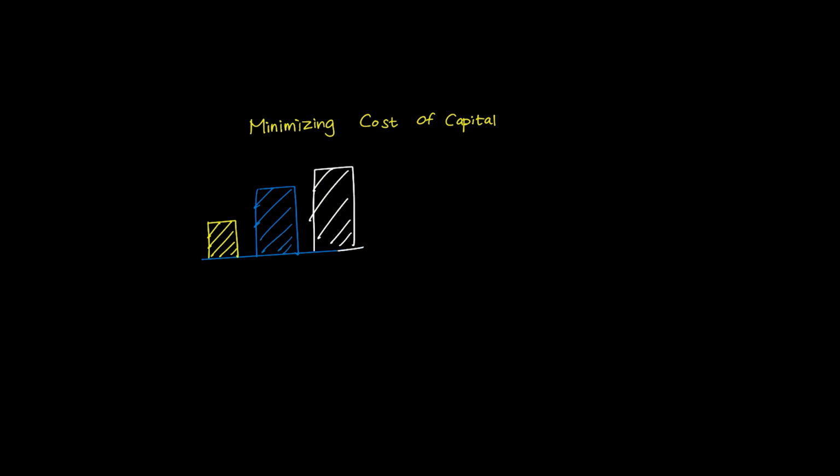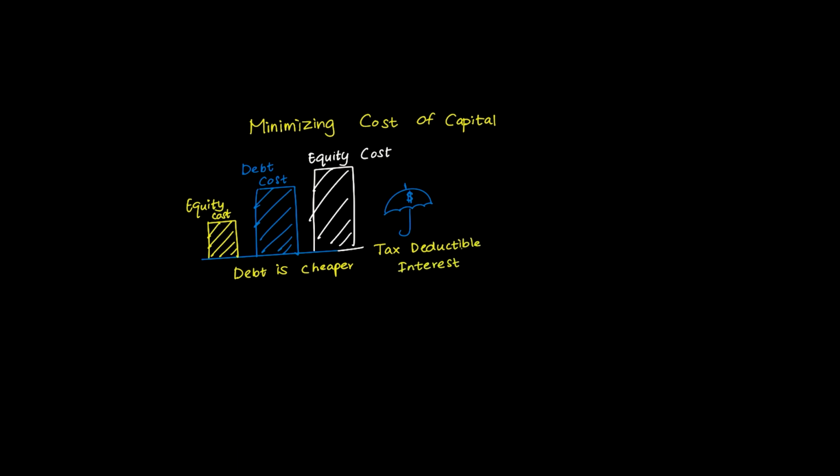This question addresses optimal capital structure. A manufacturing firm wants to minimize its overall cost of capital while maintaining financial flexibility. What capital structure adjustment typically achieves this goal? The answer is increasing the debt proportion. Here's why. Debt is generally cheaper than equity for two main reasons. First, interest on debt is tax deductible, which creates a tax shield that reduces the effective cost. Second, debt holders have priority over equity holders if the company runs into trouble, so they accept lower returns because